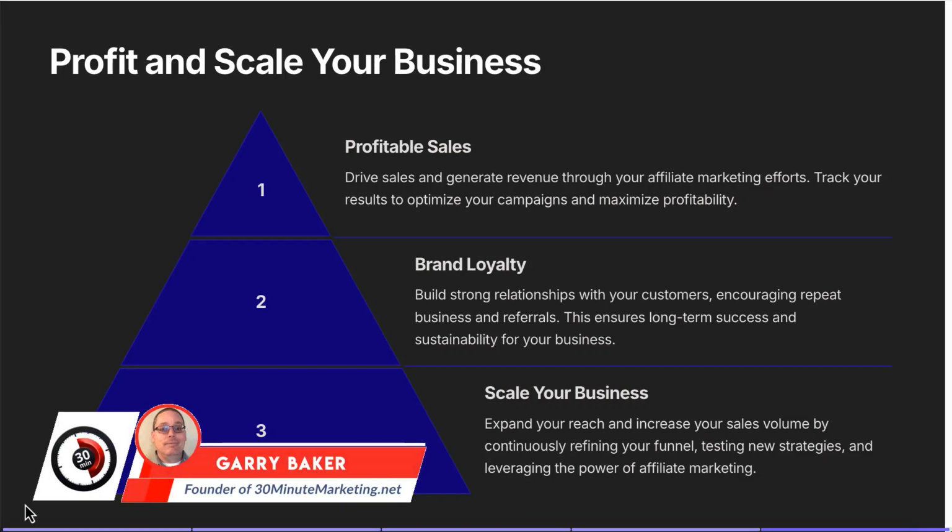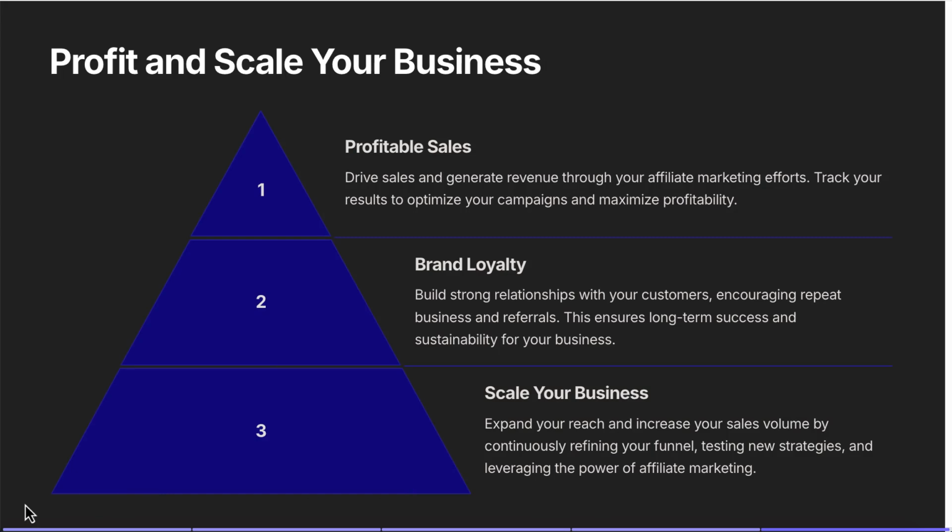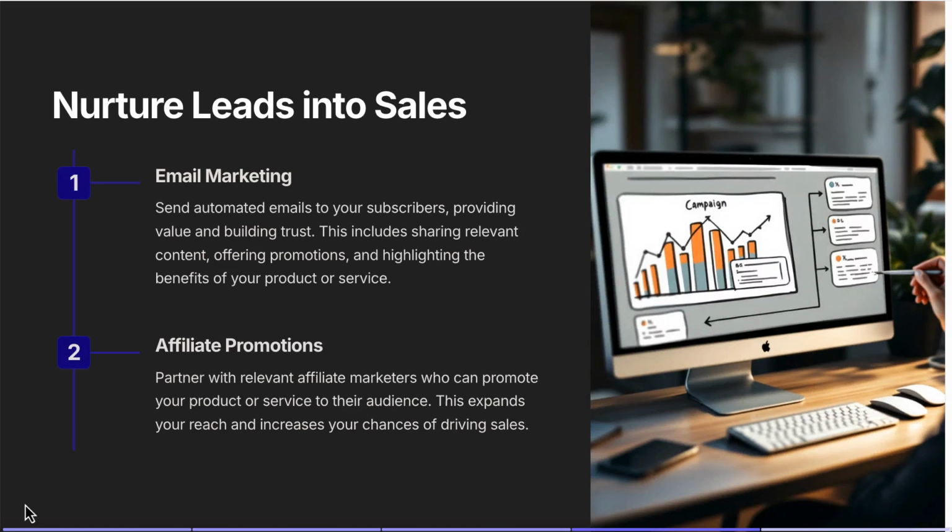So what is the goal of a faceless lead generation affiliate funnel? It is to profit and scale your business. 3 simple steps to do that. We're going to talk about that in a second, but the concept here is to nurture leads into sales, generate